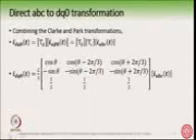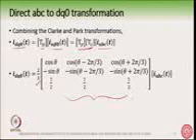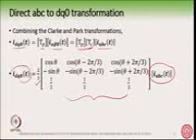In a similar way, you can now combine the Clarke and Park's transformation by seeing that I dq0 is equal to TP times I alpha beta, and I alpha beta is nothing but TC times I ABC. If you multiply TP and TC, the Park's transformation and Clarke's transformation together, then you get this quantity here, which can directly convert IABC into I dq0. So this is the direct abc to dq0 transformation.